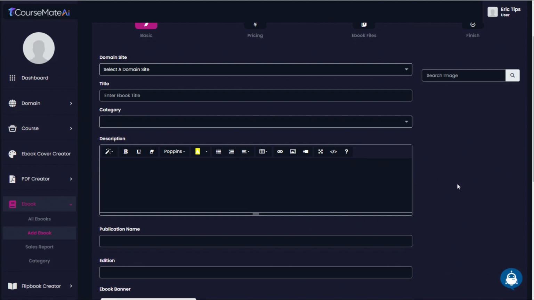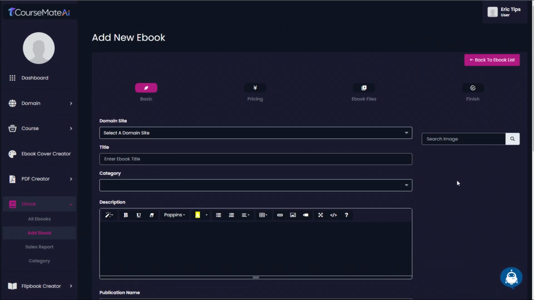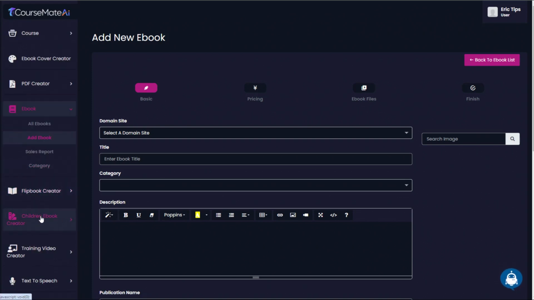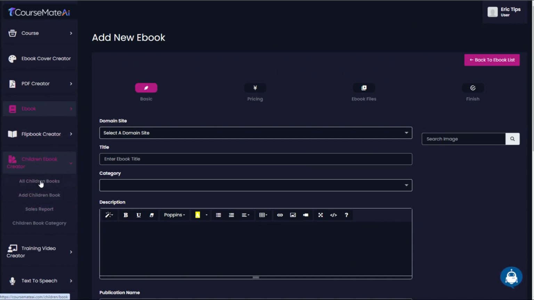Okay, so it's not like you have to come up with an entire course. I should have probably told you this at the beginning of the demo. It's not just for courses, it's also for selling ebooks as well as children's ebooks. That's another feature within this platform. The Flipbook Creator is actually an upgrade, but the Children ebook Creator is also included in what you're getting here